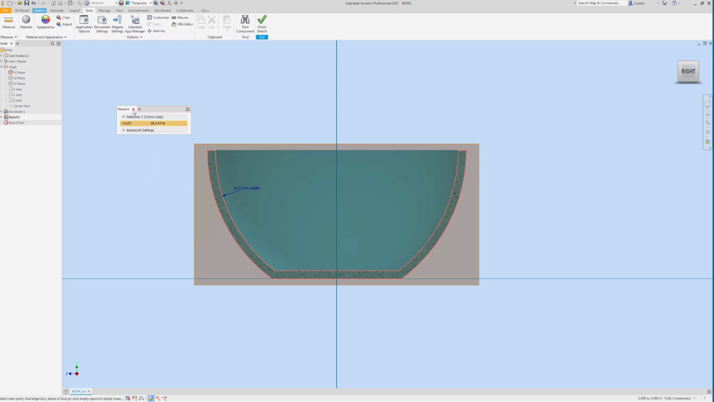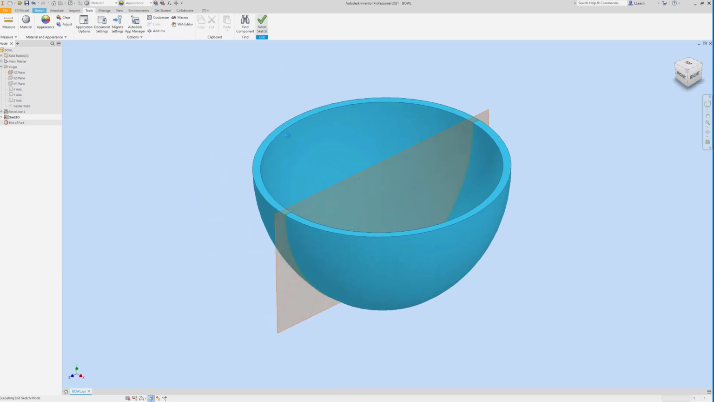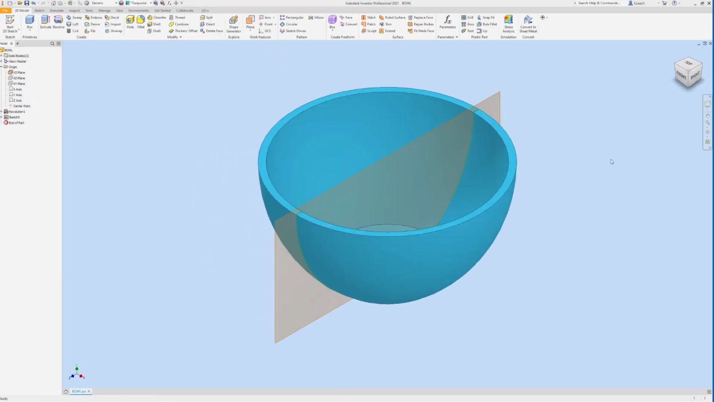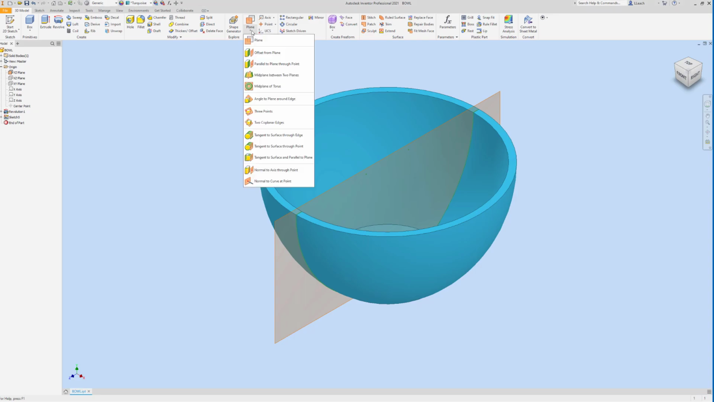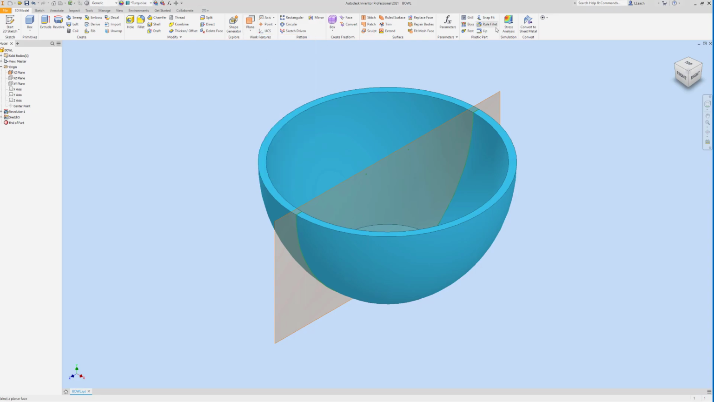Also, let me close this. Let me finish my sketch. All right, so now let's say the question asks you to create an offset plane and then figure out the loop of that offset plane where it cuts through your part or your object. So I want to create an offset plane from this YZ plane that we have. I go up to plane, offset from plane. I want to offset this plane here. Let's bring it out,